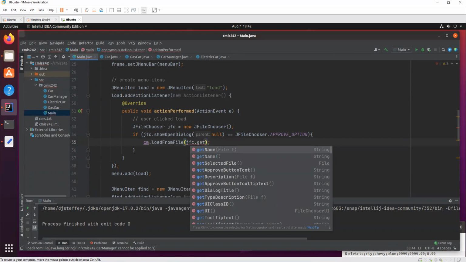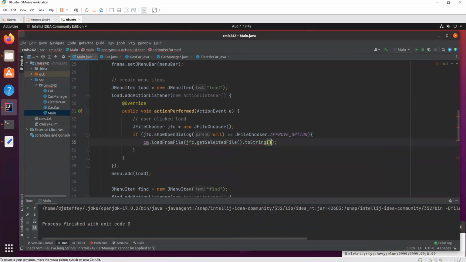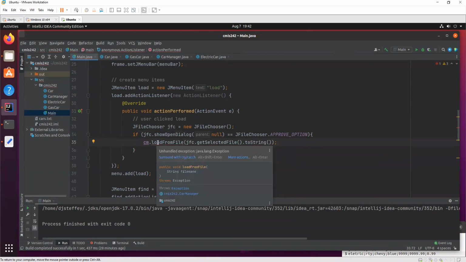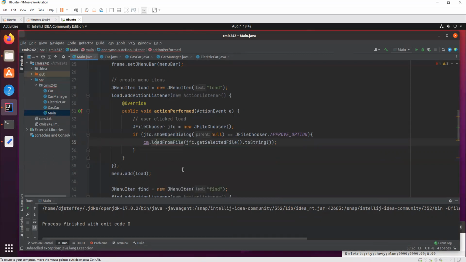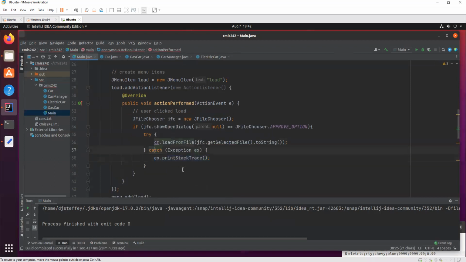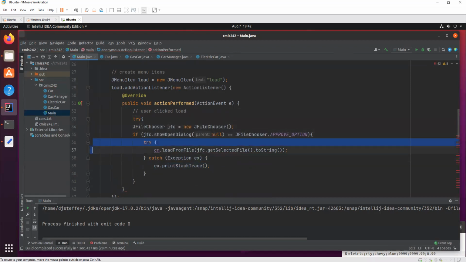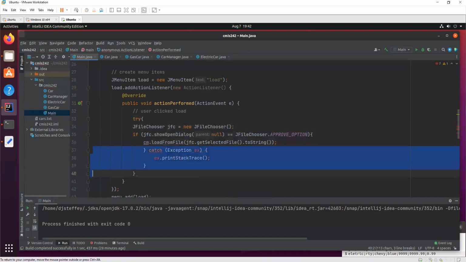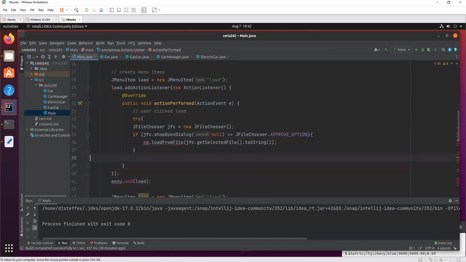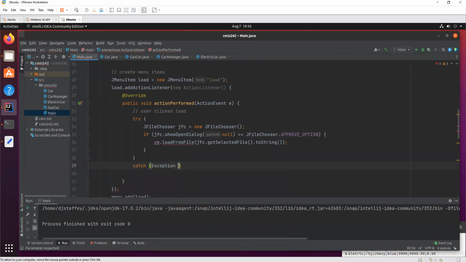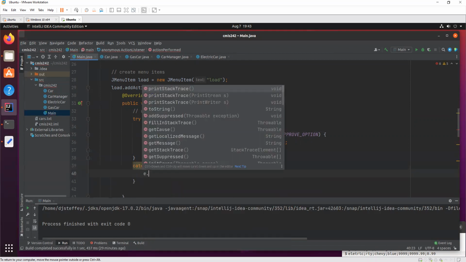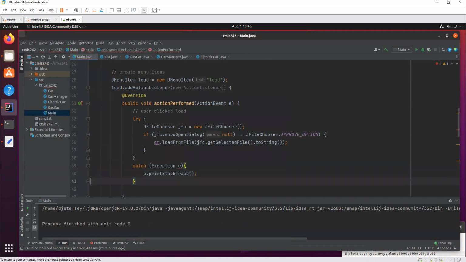Get selected file, toString. There we go. Load from file. Try catch. There we go. Actually, let's put all this in the try catch. Make it cleaner. You all should know what the try catch does by now. Catch exception e dot print stack trace. Sure.